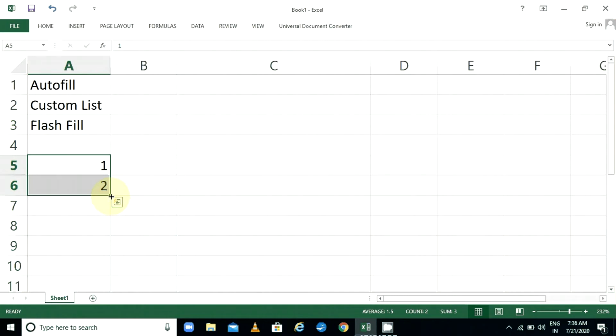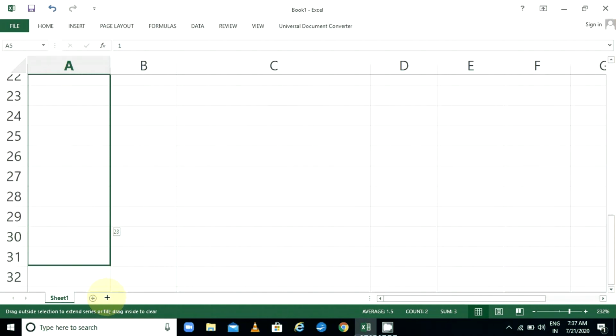So you have to point your cursor on that. Now when you point your cursor here, the cursor will change. Right now it is a white plus symbol, and when you move this pointer onto the fill handle, it will change like this. When it changes, only then you drag up to whatever number you want.